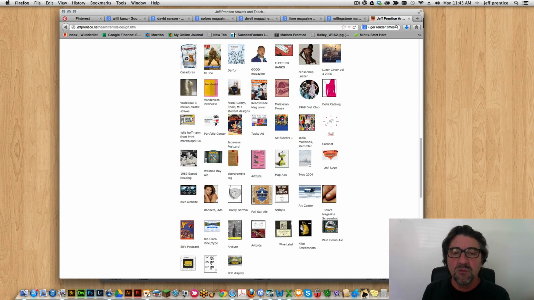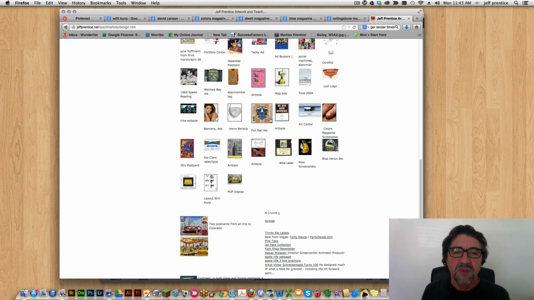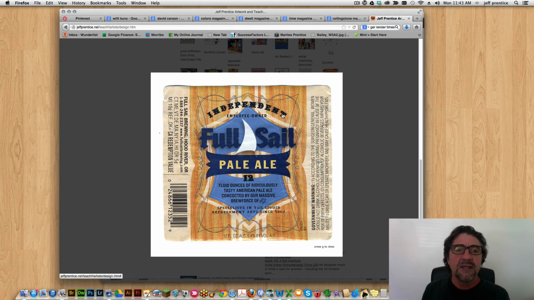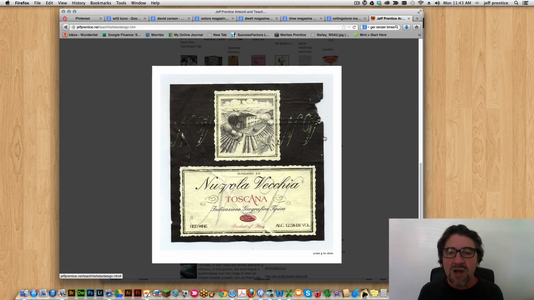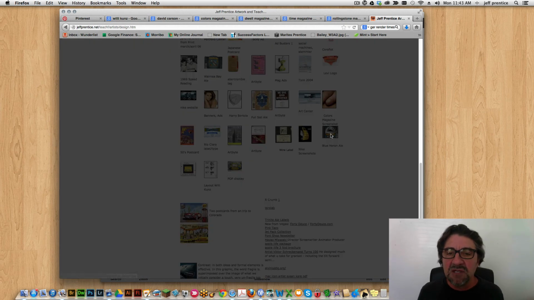I think if you go back, you find more symmetry back in the 50s. But you will find things like labels tend to be very symmetrical, right? Because they want that information in the grid presented to you. And it depends, again, on what you want to display for the product. But again, what I find is a lot of times there's a compromise. There's a kind of symmetrical approach to structuring this stuff. And then within, you've got a fun little thing with some movement in it, a little dynamic, a little spice to the ad, right? So look at ads, look at wine labels, look at food labels, look at magazine covers,